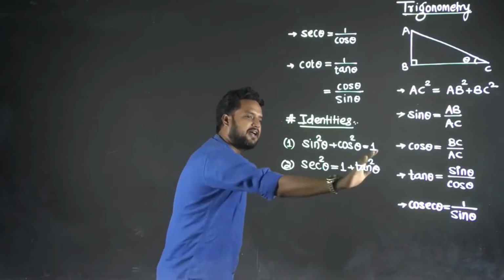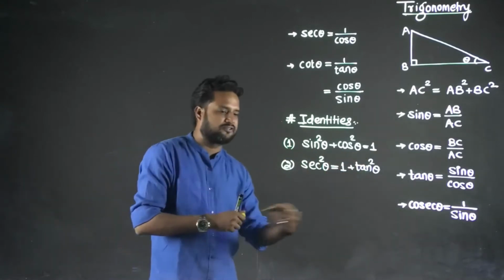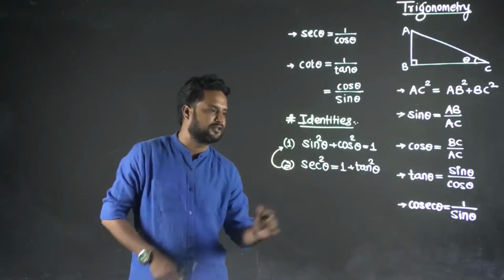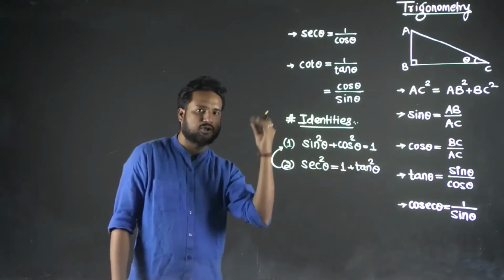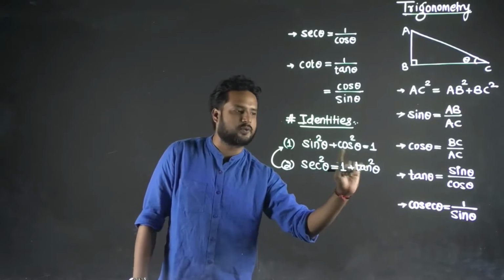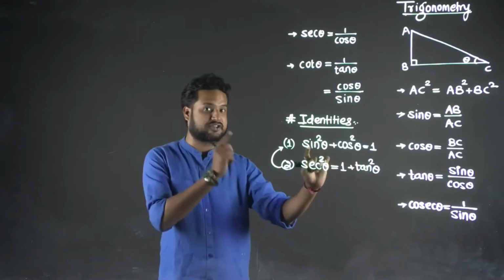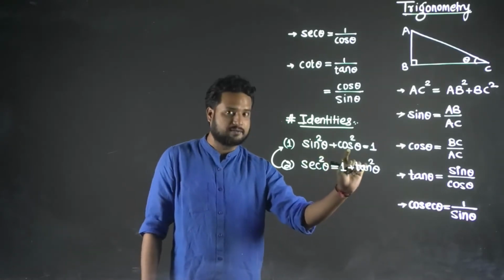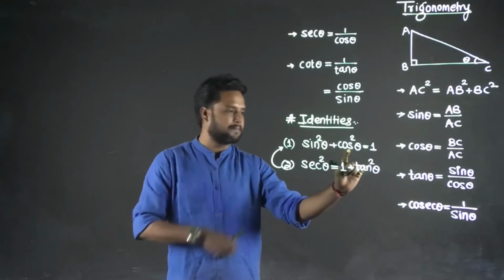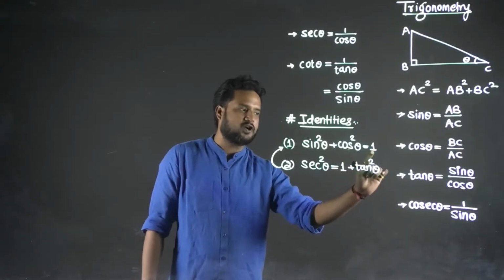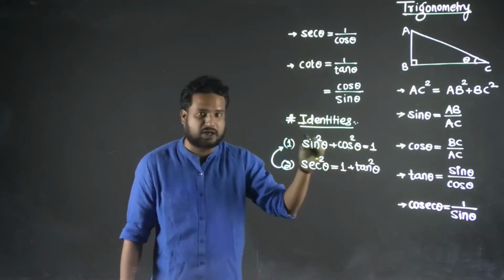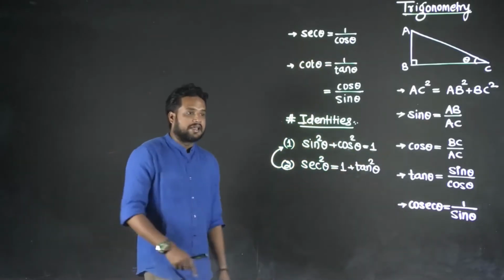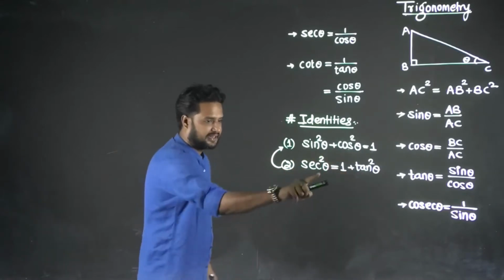How? You simply divide this equation. I am talking about this. This can be derived from this. This equation, if you divide by cos square itself, just visualize. If you divide by cos square, this is going to be sine square by cos square, which is tan square, plus 1, because cos square by cos square will become 1. It will get cancelled. And 1 by cos square will be nothing but sec square. So you get sec square theta is 1 plus tan square theta. So if I divide this by cos square, I get this.